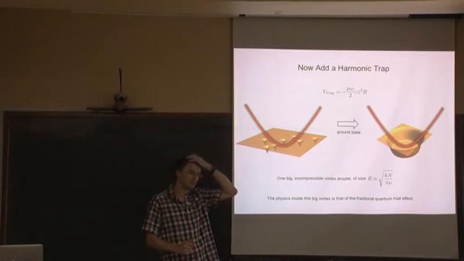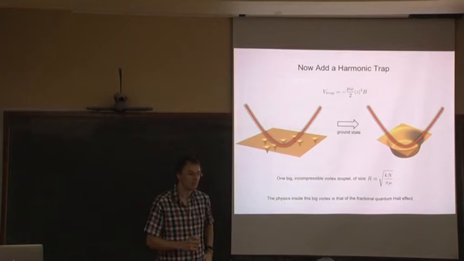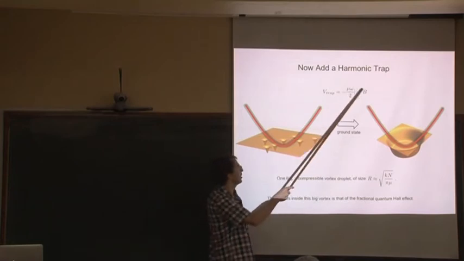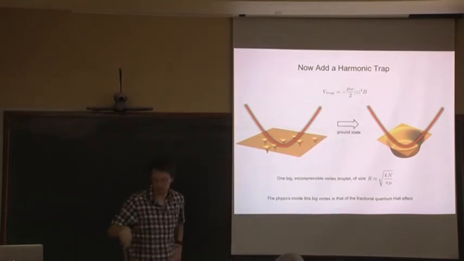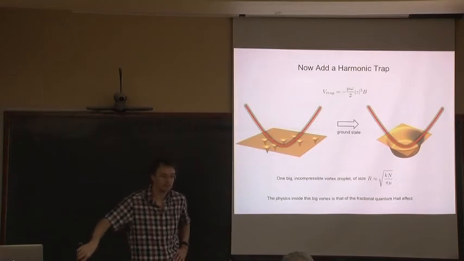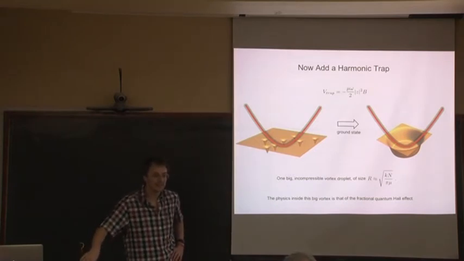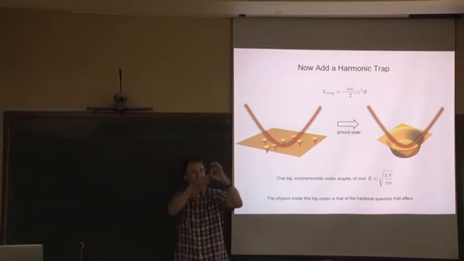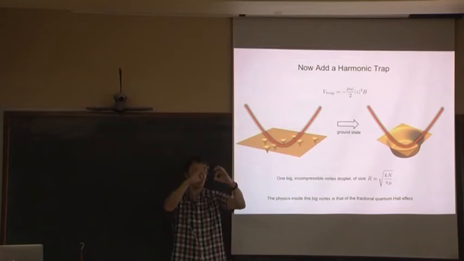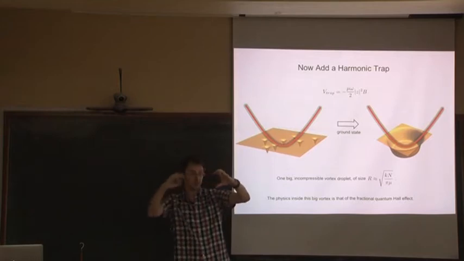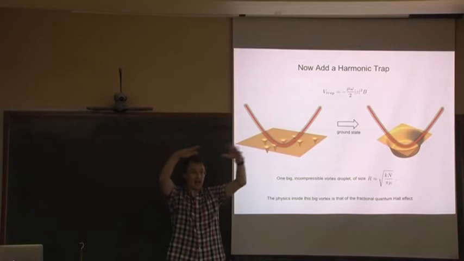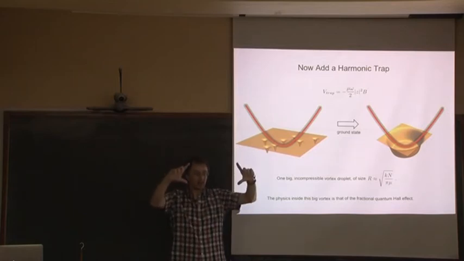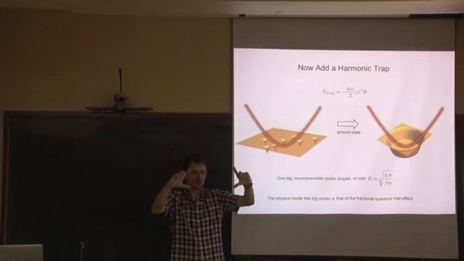Oh. It's breaking Lorentz invariance, there's no Lorentz in there. So it's a harmonic trap for what? For vortices. Each vortex has a charge B, basically. I'm sorry, but so the vortices don't just sit in the center on top of each other, I guess. They spread out. You have one vortex which has some size. Now the other vortex comes, but you're solving some complicated partial differential equations. So what roughly happens is when it comes, they open up and form a bigger vortex. And then another one comes and forms a bigger vortex. And the vortex in the end has size proportional to the square root of the number of vortices.